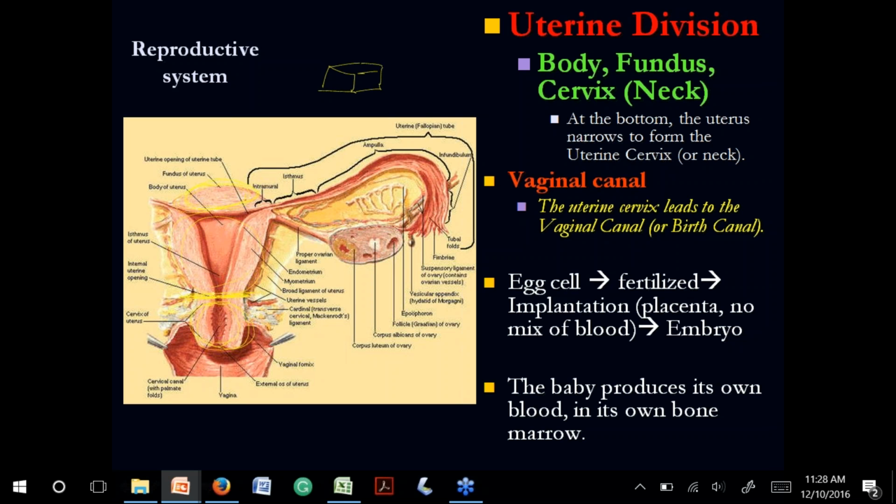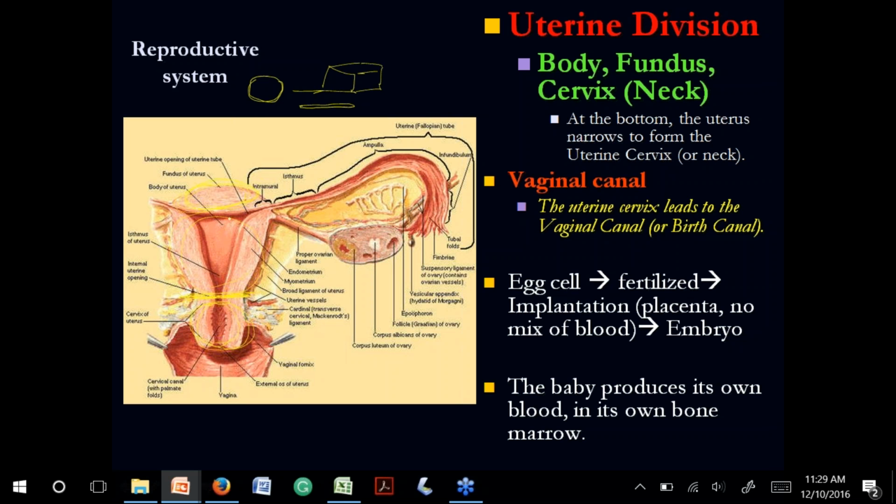Knowing these three portions of the uterus, we need to remember that this cavity is just a drawing, because the uterus has a virtual space. What does virtual mean? This is a real space. If you cut the uterus in half, you will not see that. So this is not a real space. The uterus is a virtual space, like overlapping walls of the uterus.